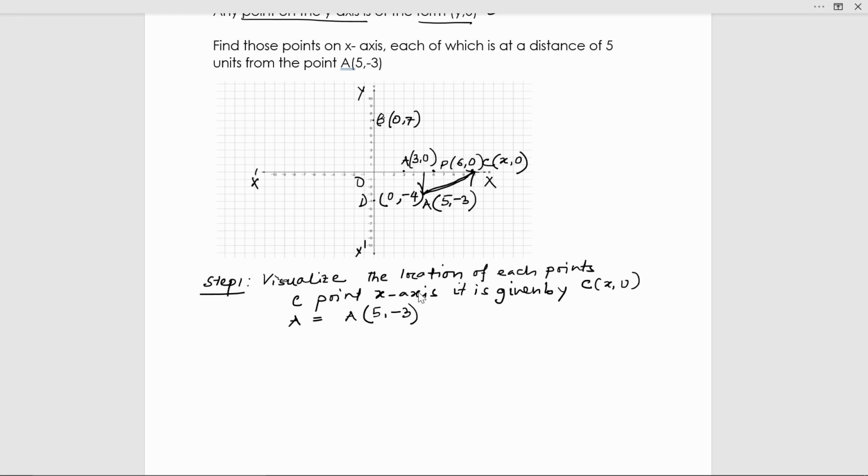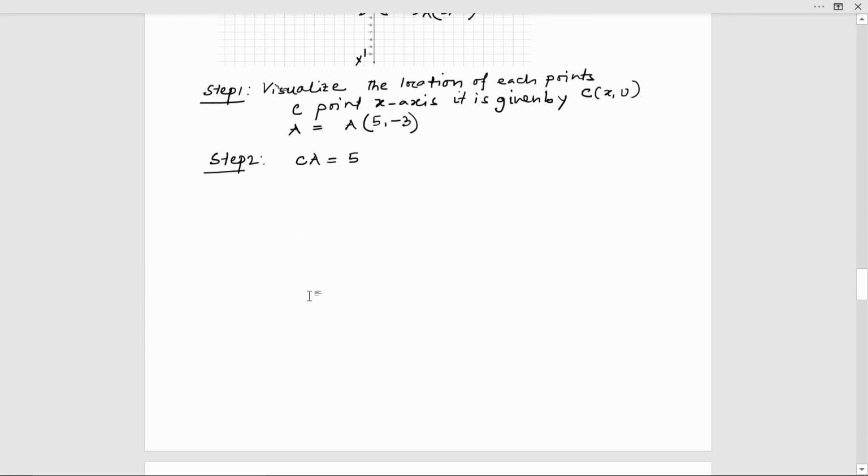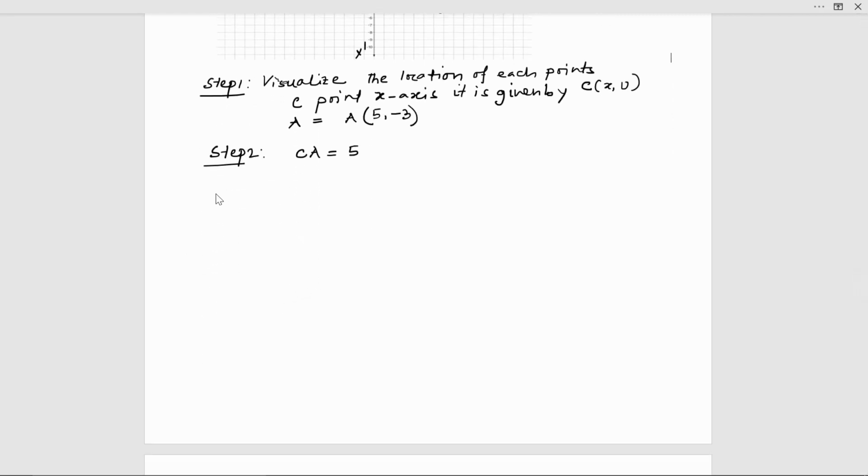And what is the second step we need to find? We have to find the relation between these two. So the relation is CA is equal to 5. So it is given here that points on the x-axis, each of which is at a distance of 5 unit from point A. So C is at a distance of 5 from A. So CA is 5. So getting this information, step 3 is,